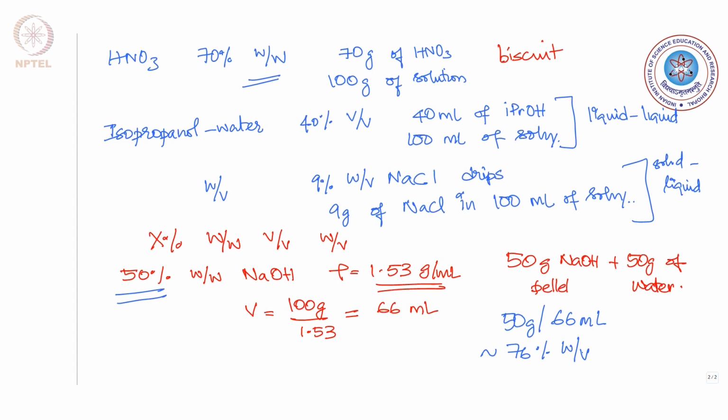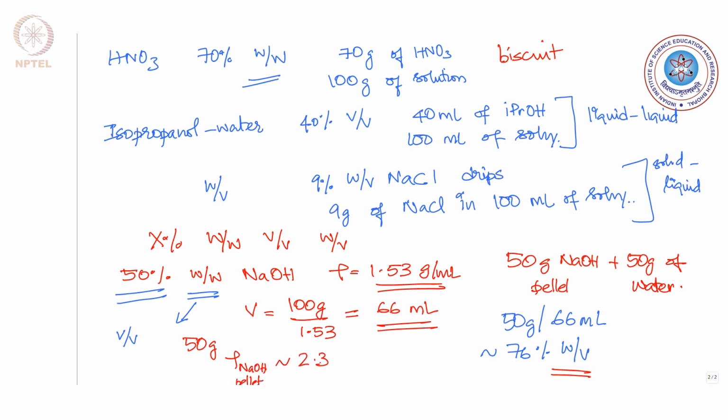Of course, you can do the exercise again by trying to convert the weight by weight into volume by volume, which we will do in a moment, but what one is able to see is that if you have not clearly mentioned whether the 50% is weight by weight or weight by volume, you are going to have a confusion. And how would we determine the volume by volume of this entire solution? We have calculated the volume of solution here, and then all that we need to ask is how much volume 50 grams of NaOH occupies, and for this you need the density of NaOH pellets,